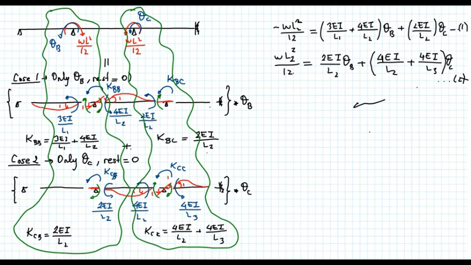Now, as you see, we have two unknowns, theta B and theta C, and we obtain two equilibrium equations. Now, if we express these two equations in matrix form,